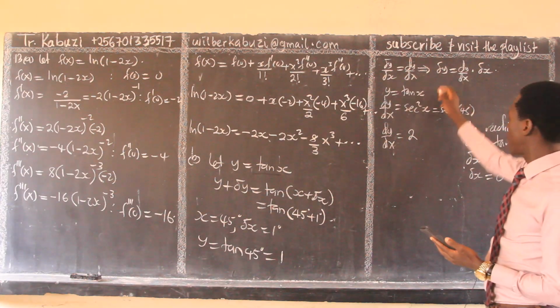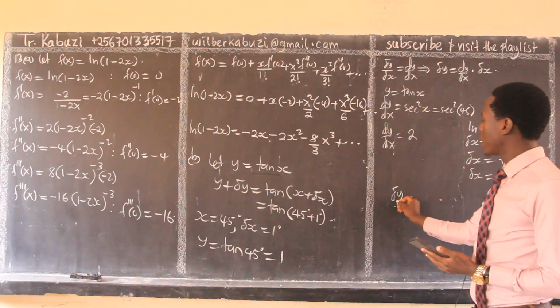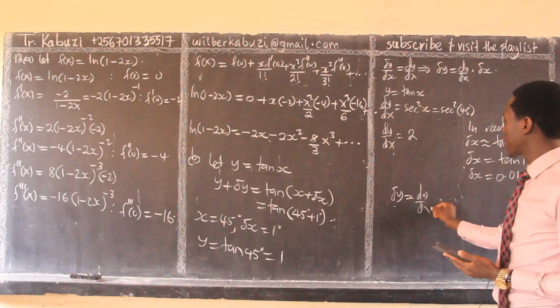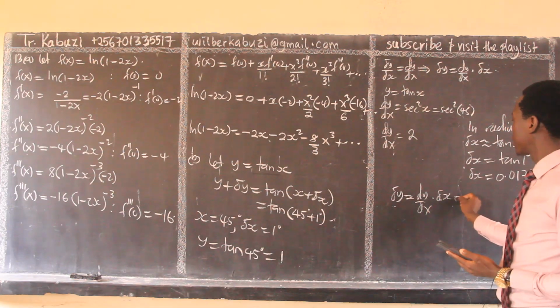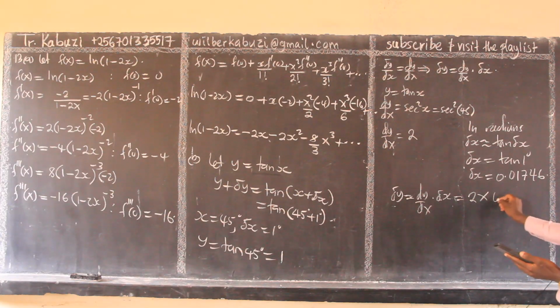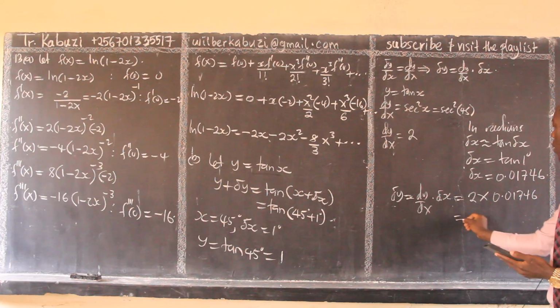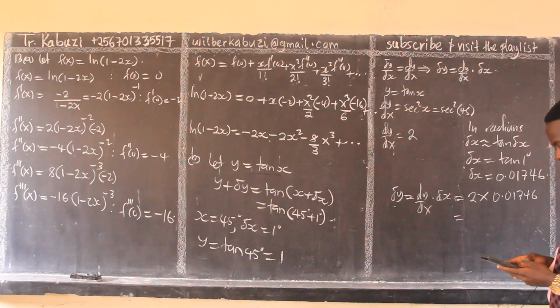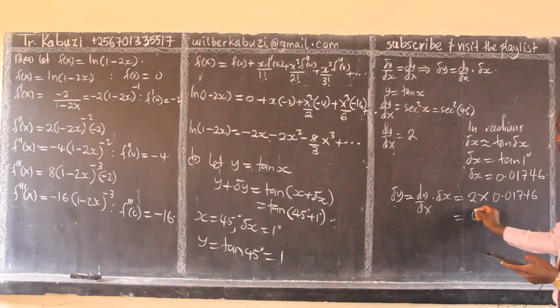Then I come and I get my delta y. My delta y, remember I said it's dy dx times delta x. My dy dx is 2 times 0.01746, which will give me